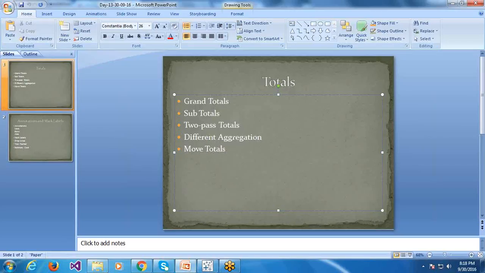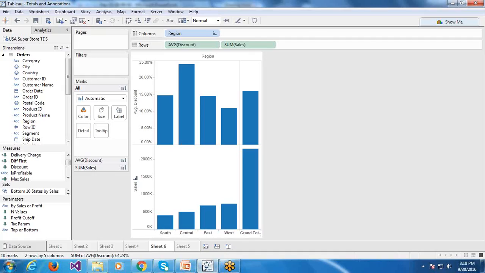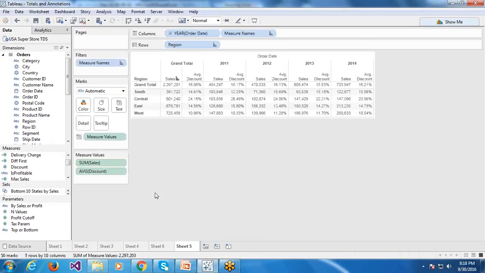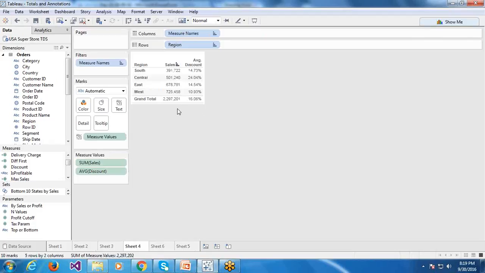Different aggregation. That's two pass total, right? No, different aggregation means this one. For this, of course, we use two pass total only. We use different aggregations. But two pass total is available with the same aggregation also, isn't it? Yeah.